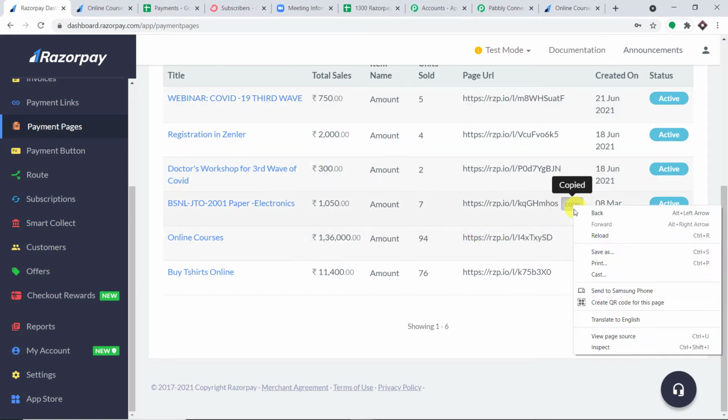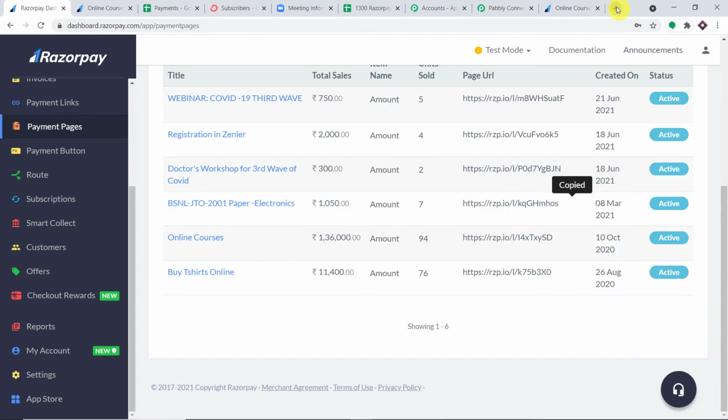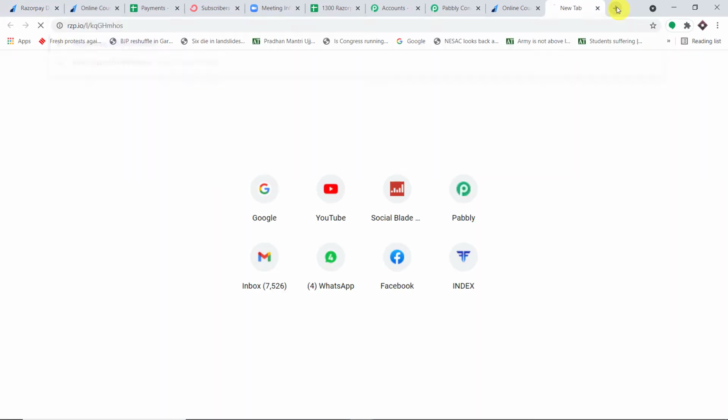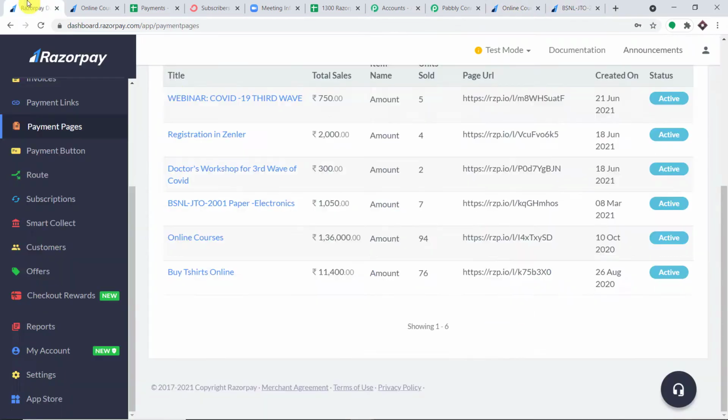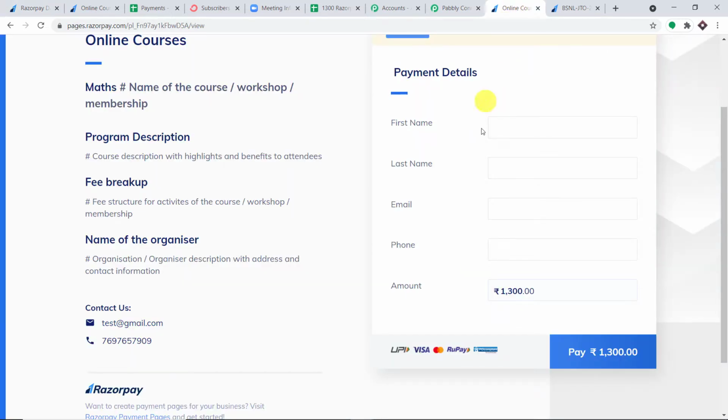For instance, we have this checkout page. Okay, so let me just copy this and open this in a new tab. Here by default it is showing the amount as 150, but here it is showing 1300. Similarly, we have different checkout pages, different payment pages for different amounts. So the idea is that only if a payment of 1300 is made, then only the person will be added to a Zoom meeting. Furthermore, then only the person will be added to a Google Sheet and also added as a subscriber in ConvertKit. So what we're going to do here is we are going to also establish the filters.